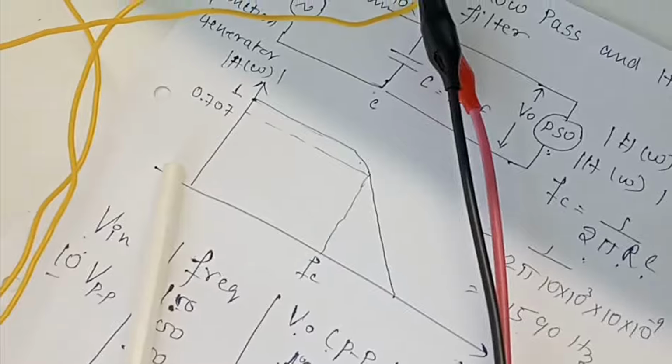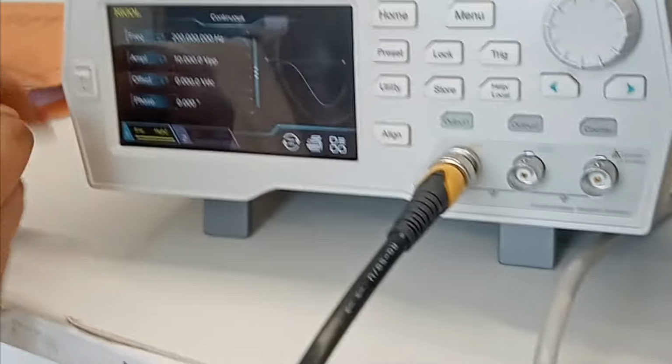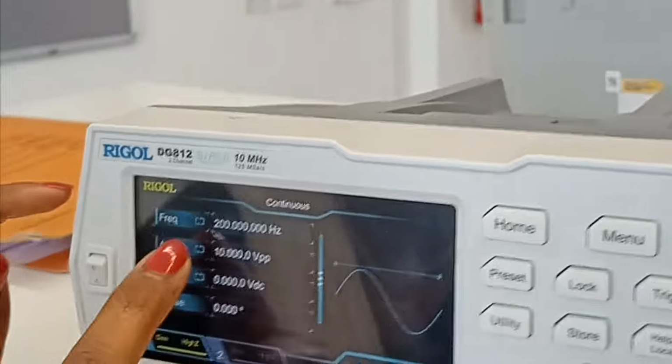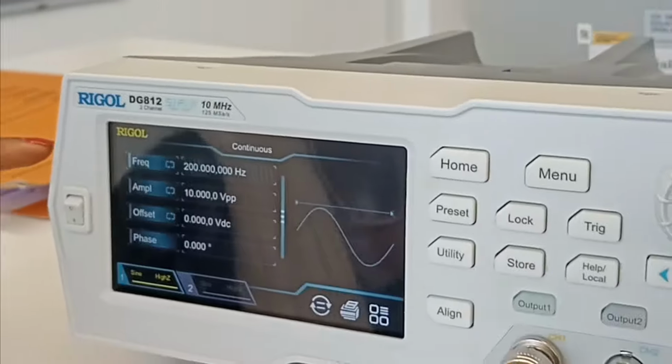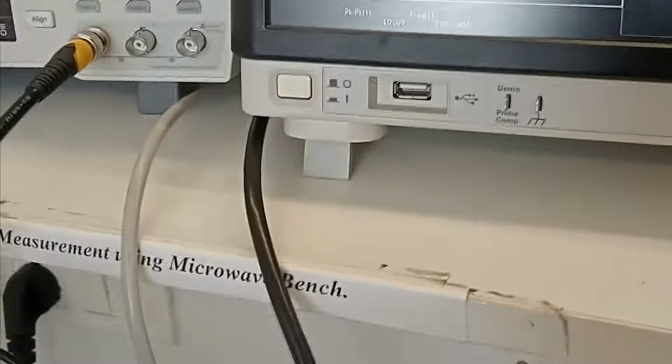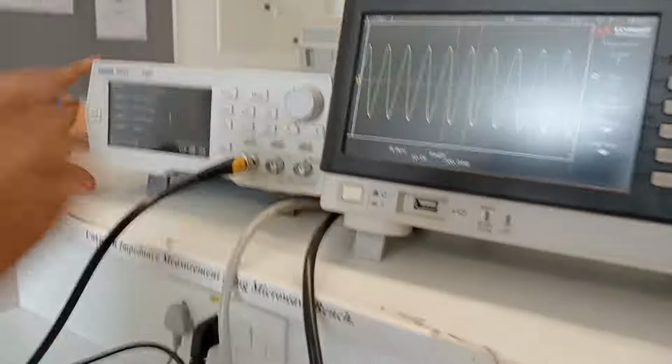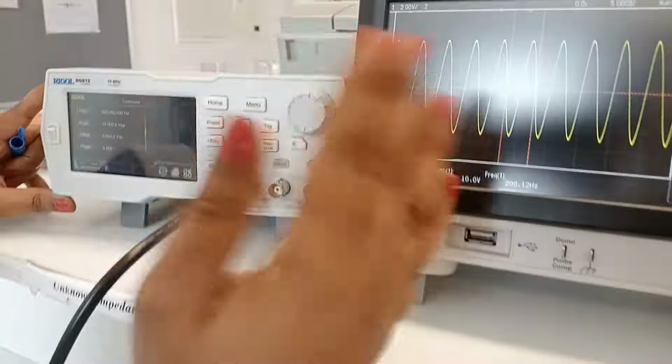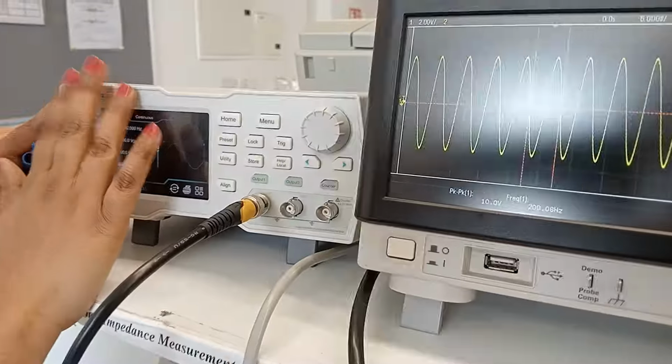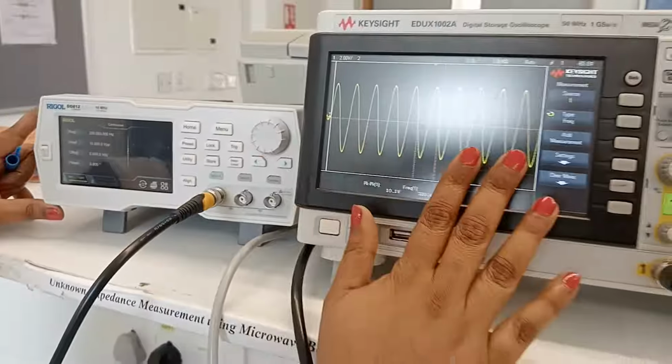Now I'll keep on increasing the frequency and keep on noting down the peak to peak of the output. Now together you see what is happening if I keep on changing the input, what is happening to this output.